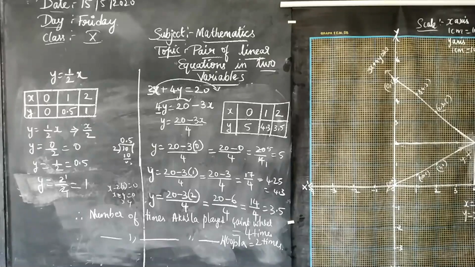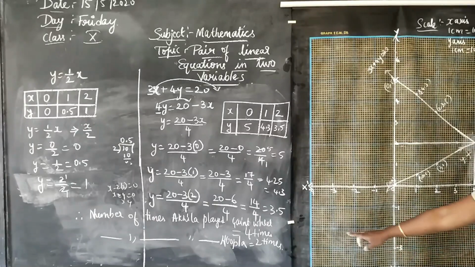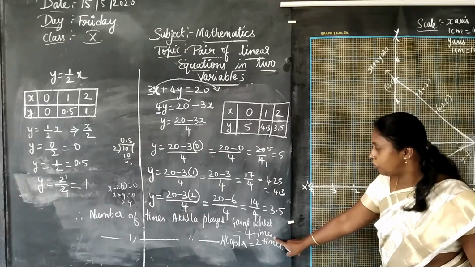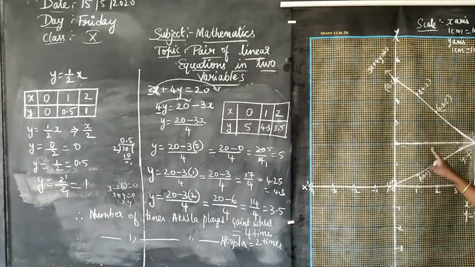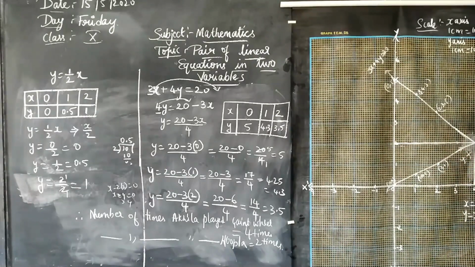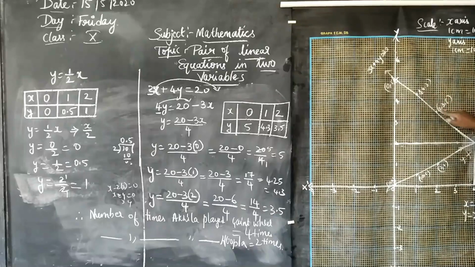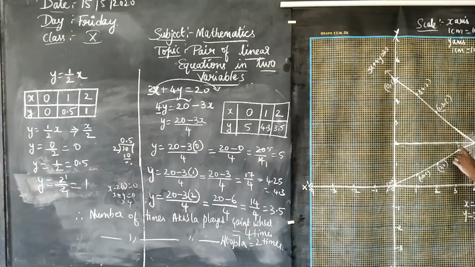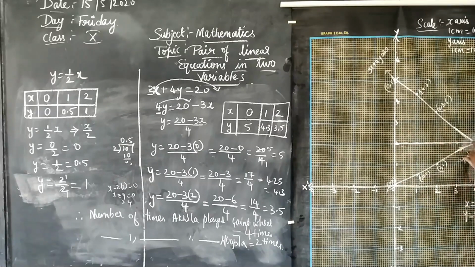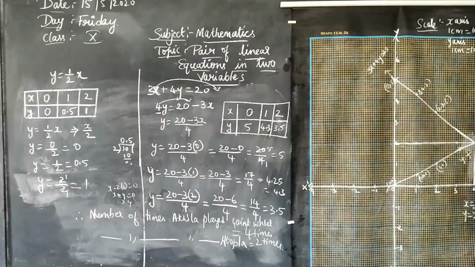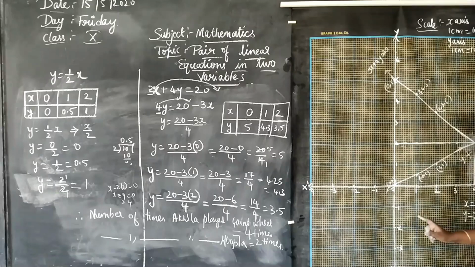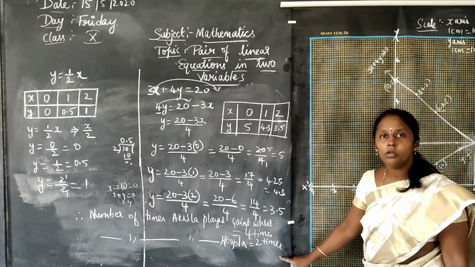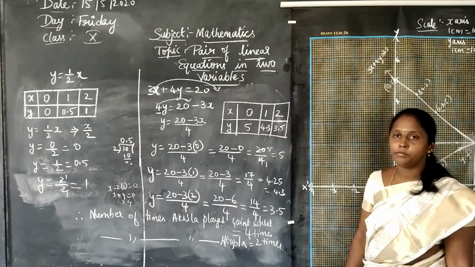So what can we conclude from this, children? The number of times Akila played Jane Wheel is how many times? 4 times. And how many times did she play Hoopla? 2 times. Is it clear? So you can see the graph here from 2 and 4. Both the lines intersect, and if you join here clearly, you will get x equals 4 and y equals 2. So x we considered as the number of times Jane Wheel, so it is 4 times, and Hoopla was considered as y, where it is 2 times. Is it clear, children?